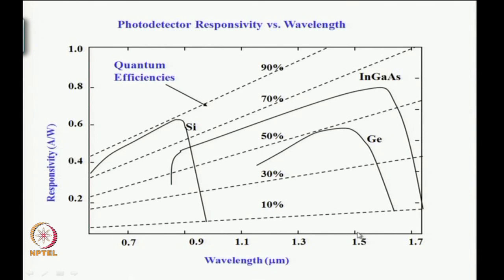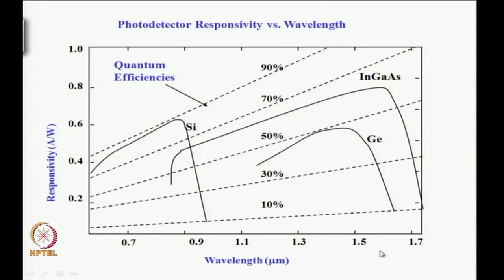And as you can see here, at around 1.55 the quantum efficiency for indium gallium arsenide is very high. Although germanium can also detect, as you can see here, germanium also has a responsivity, but indium gallium arsenide has the largest responsivity,